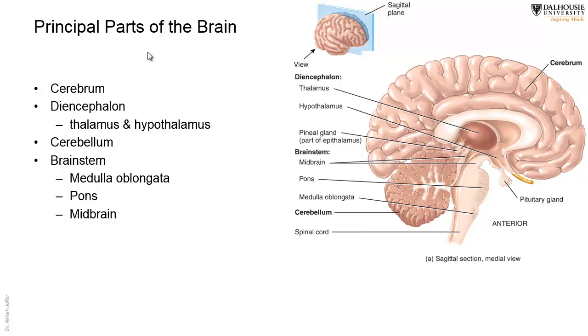And then we have a stem for that brain, which is called the brainstem. The brainstem consists of 3 parts, as if it's a 3-story building. The highest part is the midbrain, then the pons, and then the medulla oblongata. The medulla oblongata continues down through the foramen magnum, the big foramen in the occipital bone, as the spinal cord. So the spinal cord becomes medulla oblongata, pons, and then the midbrain. You can see here that the cerebellum is connected to the midbrain, posterior to the midbrain, and below the